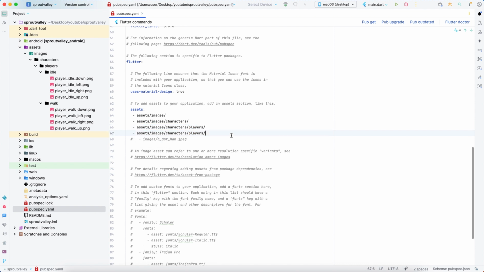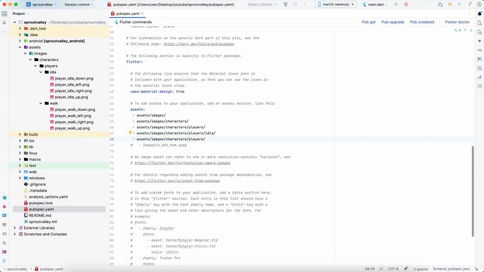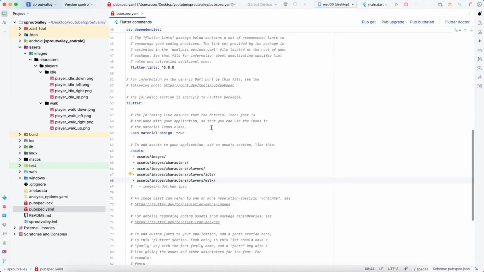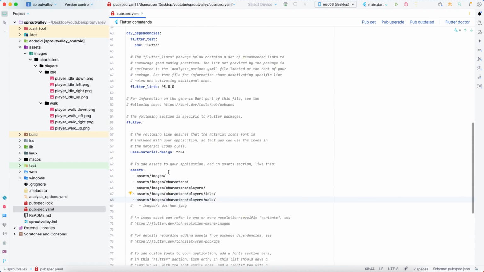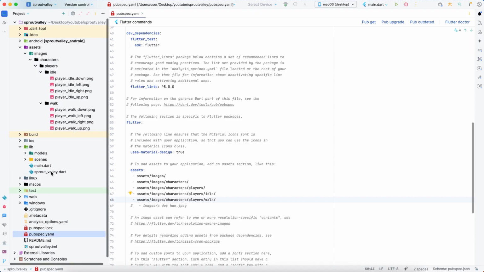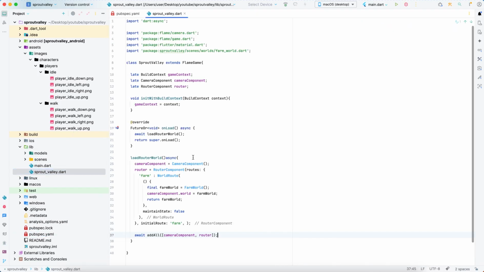I'm gonna copy this for idle. I'm gonna copy this for walk. Okay, it's all already put in assets and then you have to go to the Sprout Valley